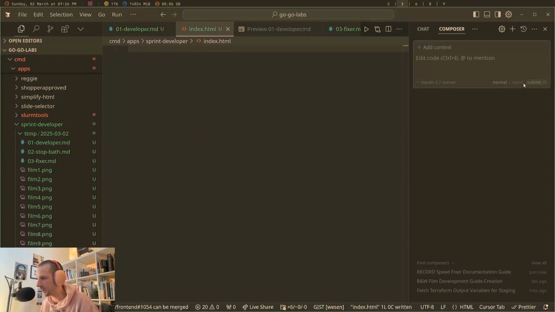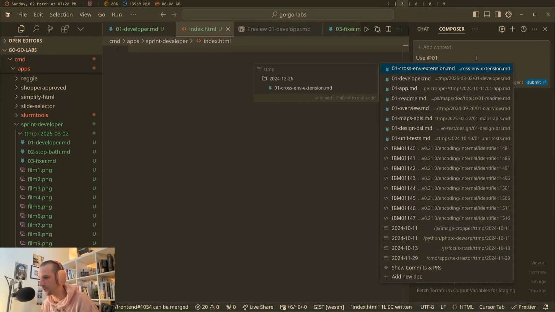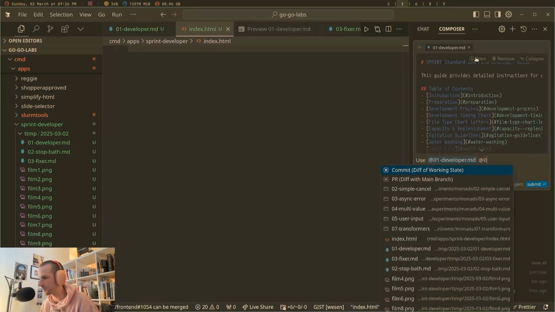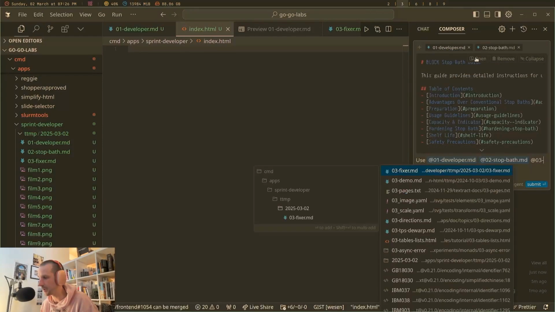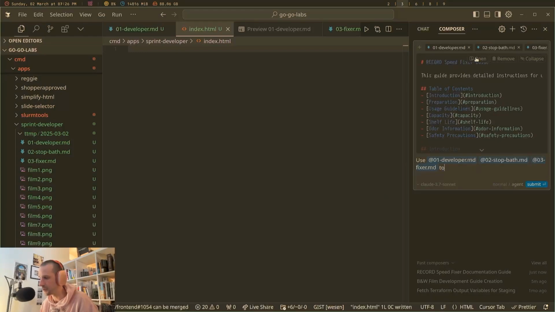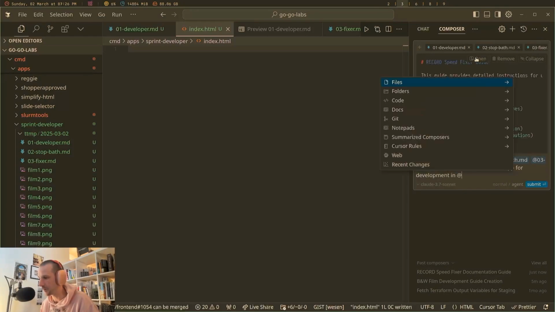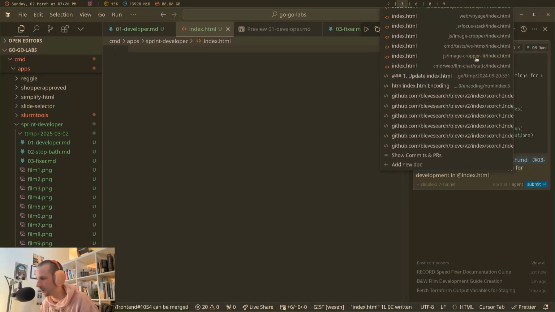We're going to put on the agent mode and then use 01 developer, 02 stop bath, 03 fixer to create a self-contained app for development in index.html, which we just created,